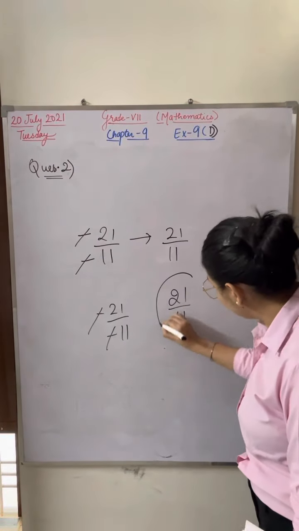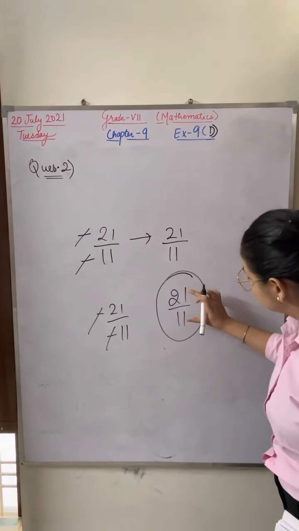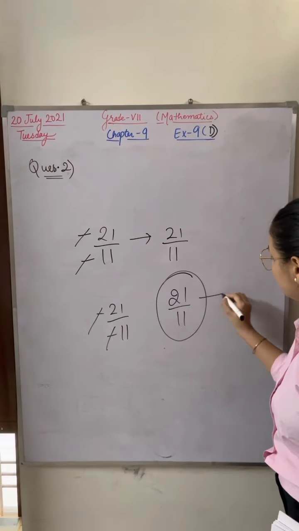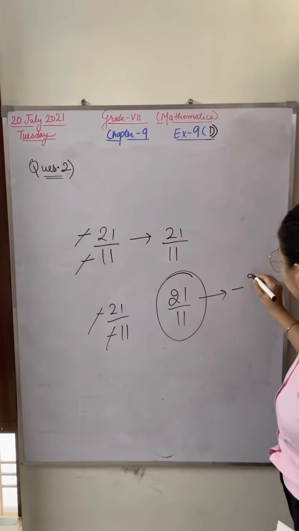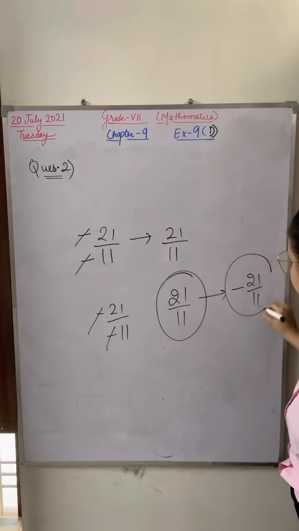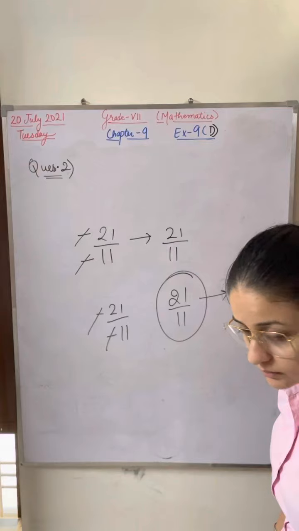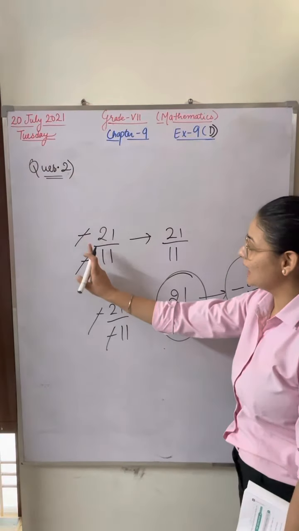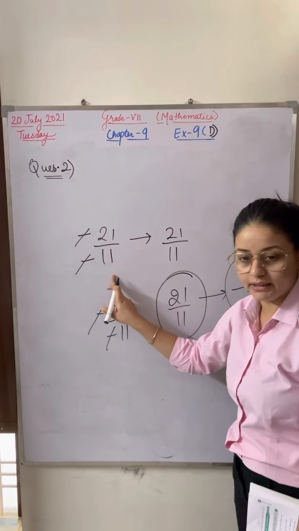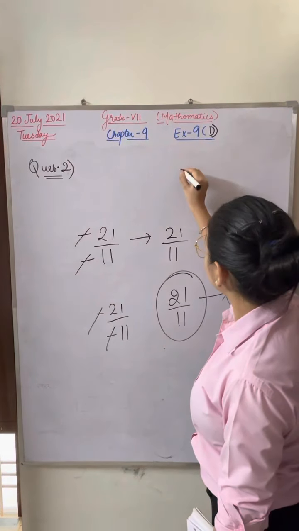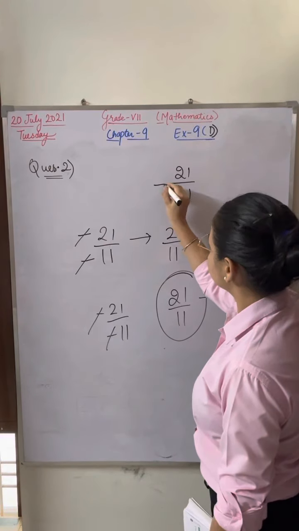So this is your question now. Now this is a positive term. Now the additive inverse will be negative. Positive will become negative and the term will be as it is. Rest will be as it is. Ma'am, this minus sign is for both and it's common? This minus sign is not common. This minus sign is for the numerator, this minus for the denominator. When the minus sign is here, suppose the minus sign is here, that will be the common minus sign.